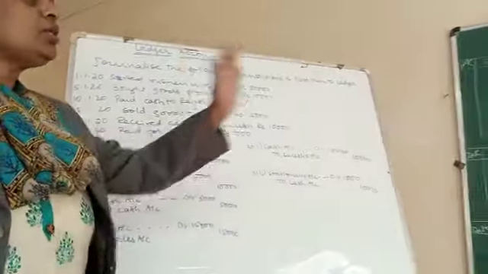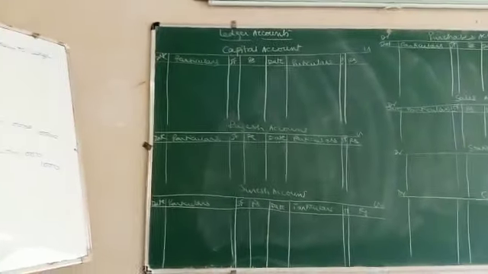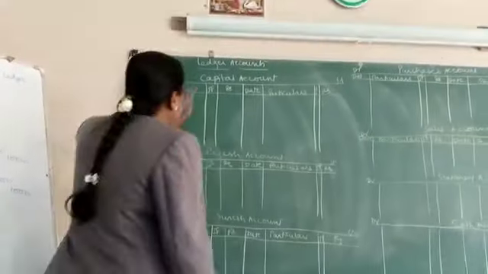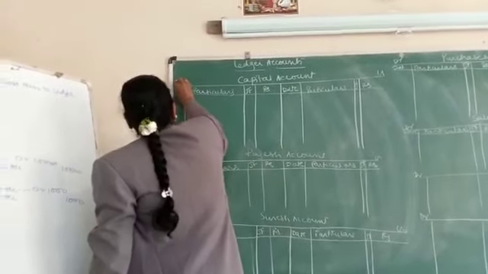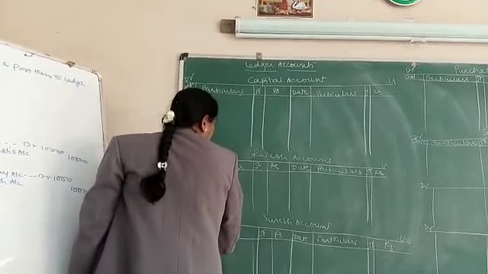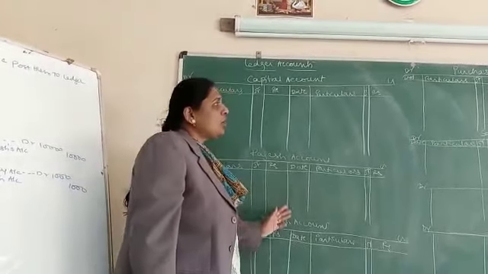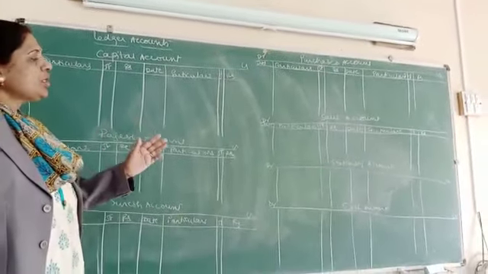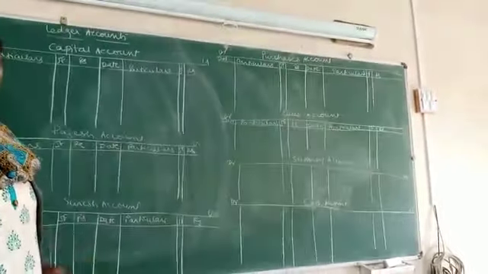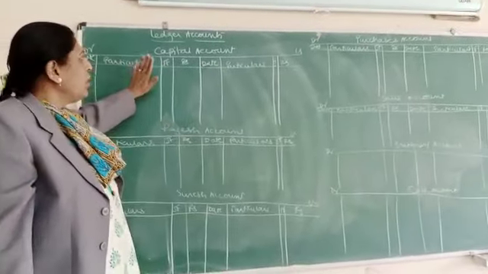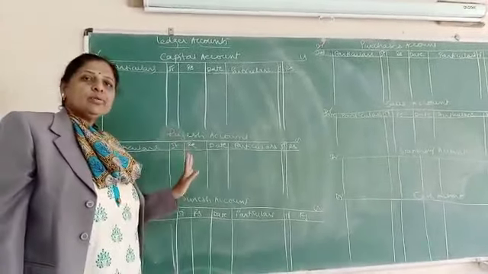We have drawn the ledger accounts. Students, at the top you should write it as ledger account. In between the page, write it as capital account. Next, write Rajesh account. Next, write Suresh account. Purchases account, sales account, stationery account, and next is the cash account. For each account, leave 5 to 6 lines.